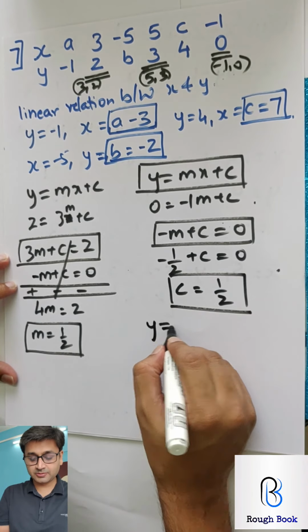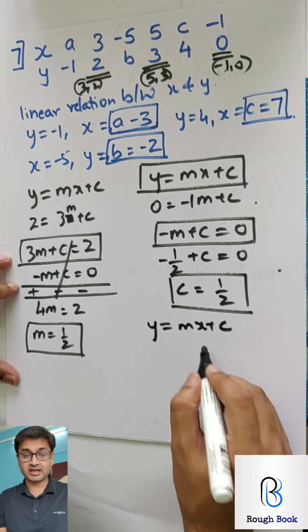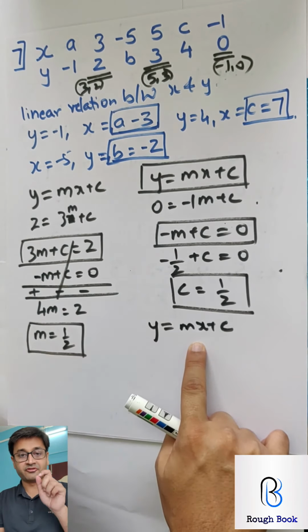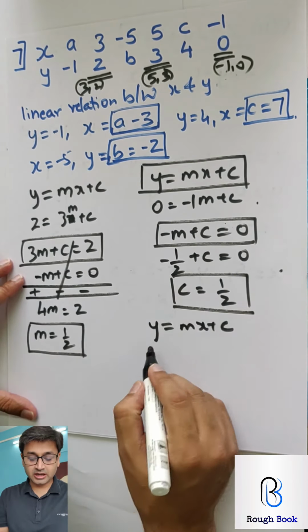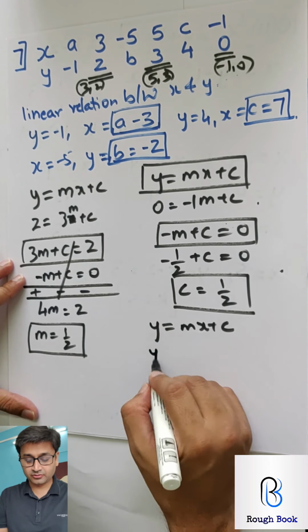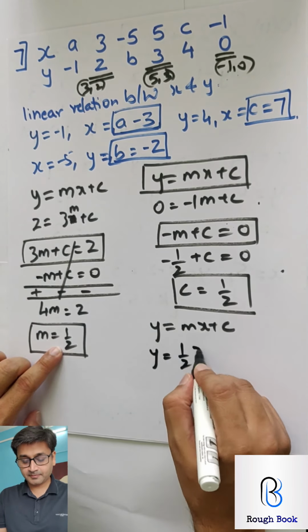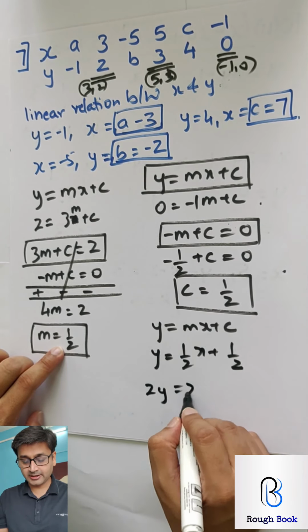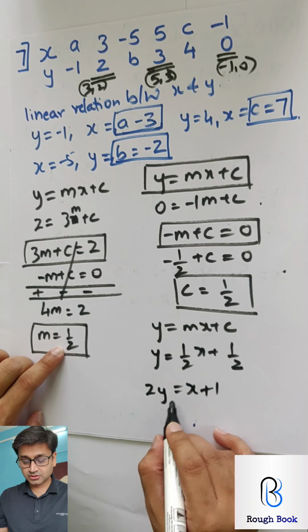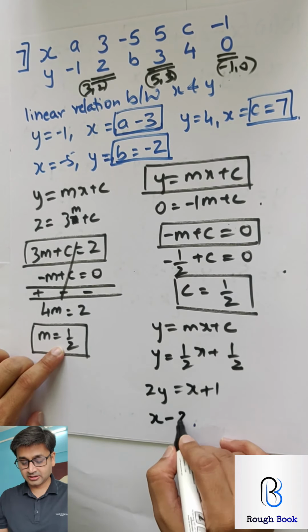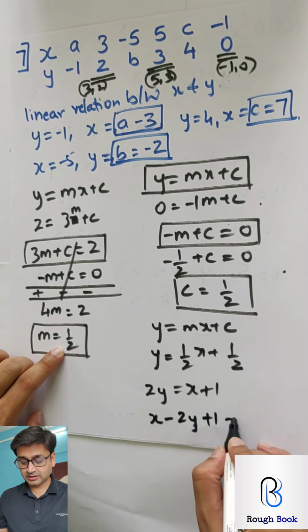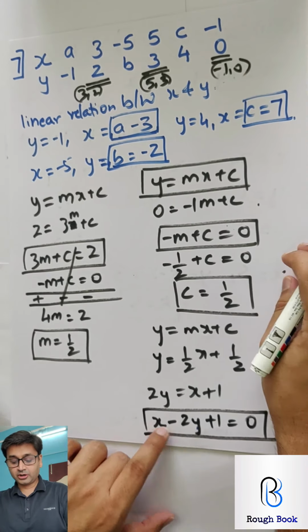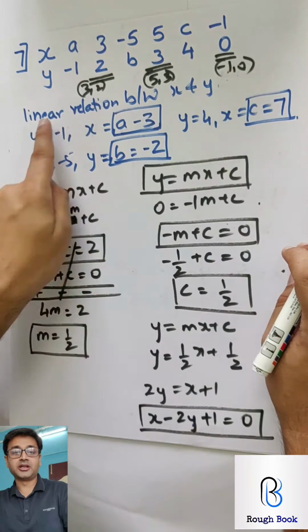Yeah. Now the last part, y is equal to mx plus c. Get this again. 3 times you are going to use this. Once, twice and the third time, the final time. Substitute m and c in this. So y, m is half and c is also half. Take the LCM. So 2y equals x plus 1. So finally I can write x minus 2y plus 1 equals to 0. This is the linear relationship between x and y for this particular data.